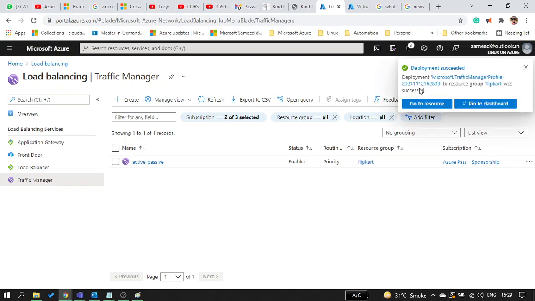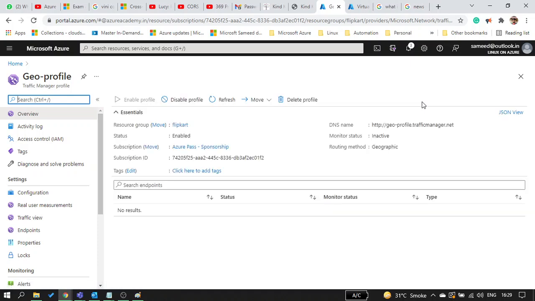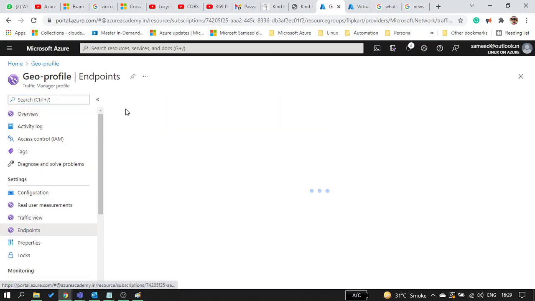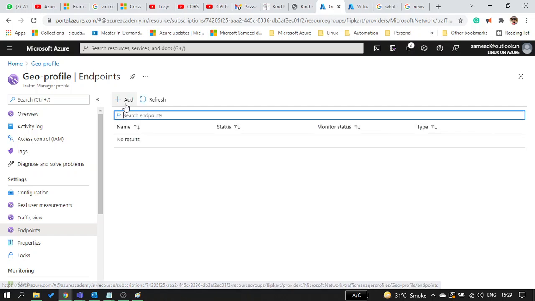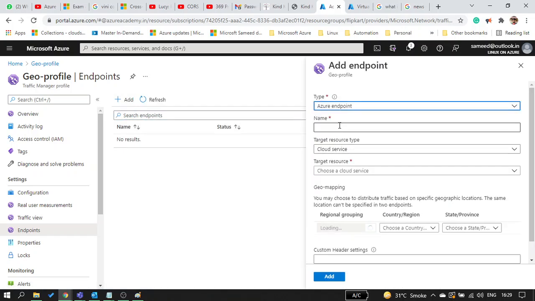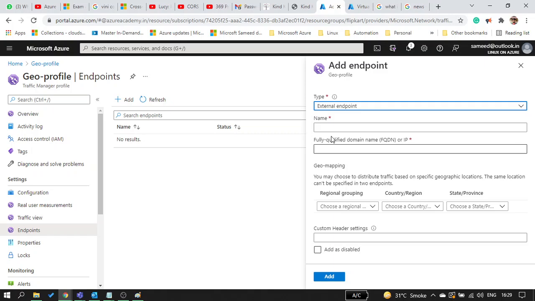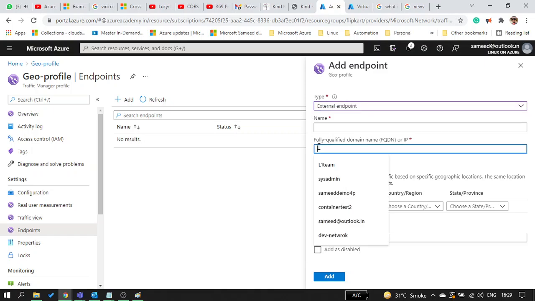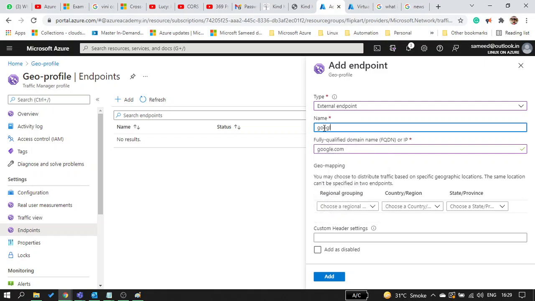Yep, it got deployed. Now this time my rule has taken a geographical base. Now I'm adding endpoints, right? So here I need to decide the endpoint name, and whether it is nested or Azure external. I'll just say google.com, right? This is my Google traffic,